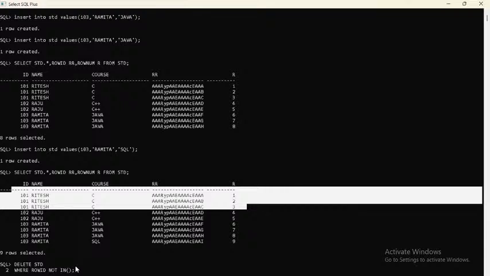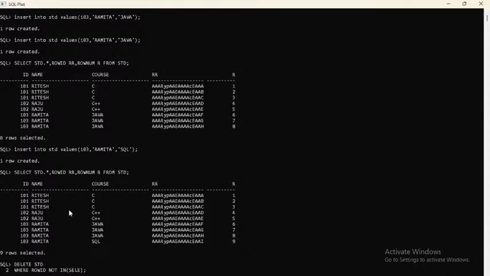Okay, I will show you. So here, basically, the row ID should not be in the select of the minimum of the row ID from std. Select the minimum of row ID from std, and we need to group. Now, group by what? This is very important: group by id, name and course. We need to give 3 columns, because if we give only the id